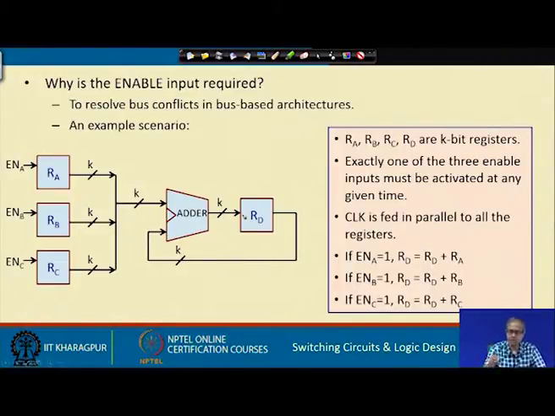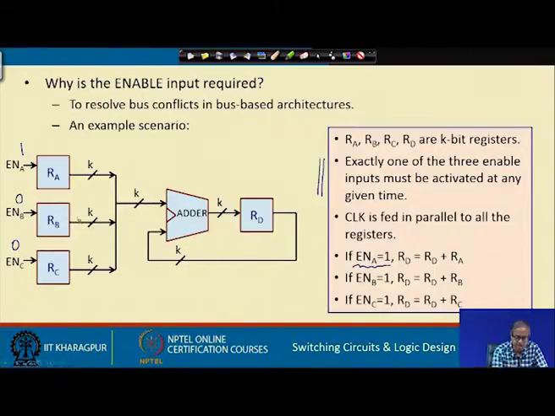Now, here I am assuming that exactly one of the 3 enable inputs can be active at a time: enable A, enable B, enable C. So, let us say I want to enable RA, I make this 1 and I make these two 0 0. Exactly one of them will be 1, and the clock is being fed to all the registers in parallel. So, what will happen if enable A is active, then the output of RA will be coming